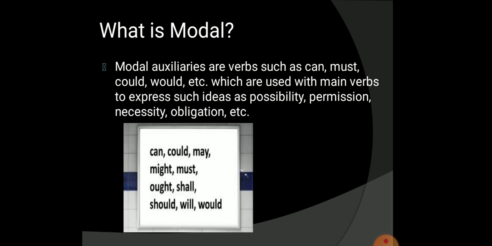Modal verbs of English are used to express modal properties such as possibility or necessity. A verb such as can, could, shall, should is usually used with another verb to express ideas. Modal verbs add meaning to the main verb in a sentence by expressing possibility or ability, permission or obligation. Obligation is nothing but an act taking place. So let us study a few modals.